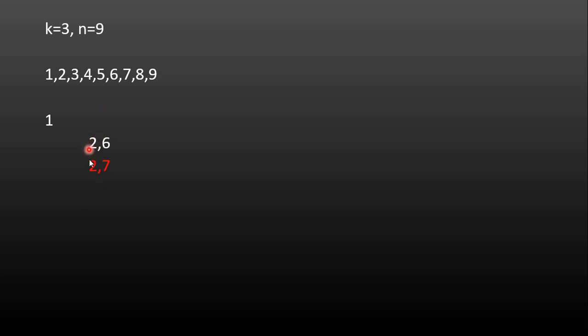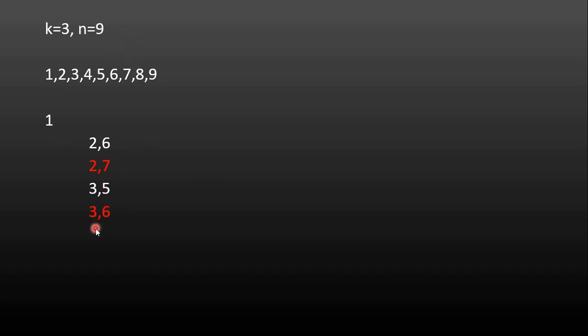Currently my second number is 2. Now I need to check by keeping 3 as constant for my second number and checking different combinations of my third number. So if I keep 3 as constant, the third number I'll check with 4. 4, 3 and 1 is not equal to 9. Then I'll check with 5. 5, 3 and 1 is equal to 9. So that is a valid combination. Then I'll check with 6, keeping 3 as constant. 6, 3 and 1 is 10, which exceeds 9. So I know I don't need to go forward.